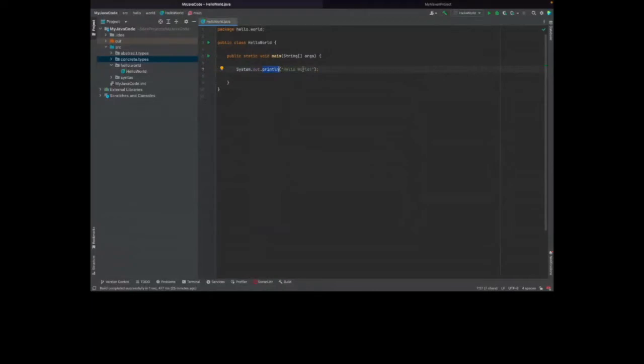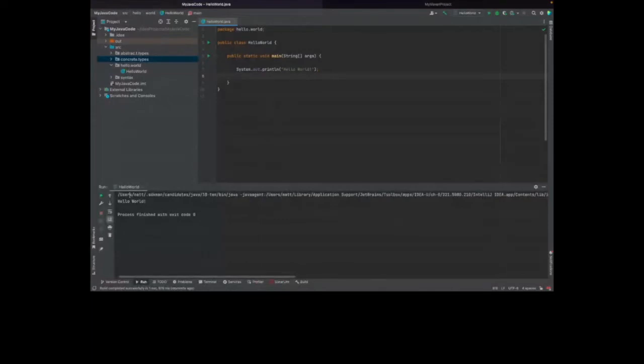And what that tends to do is just output it to the console, to a terminal. So if I run hello world main, then my IDE will run it and it will print out hello world. So that's a very simple hello world application in Java.